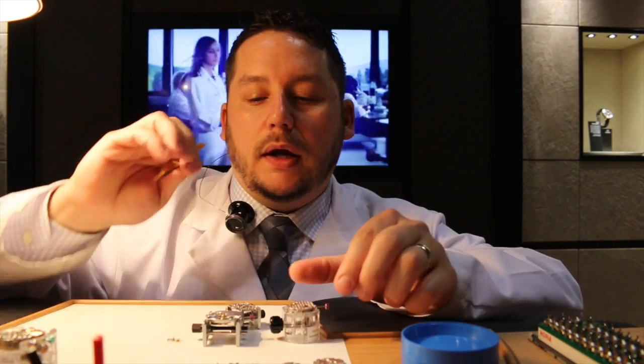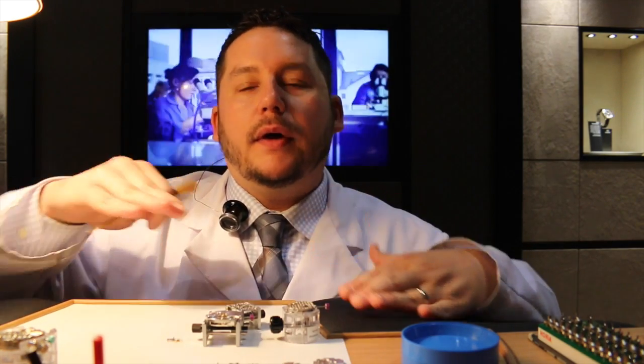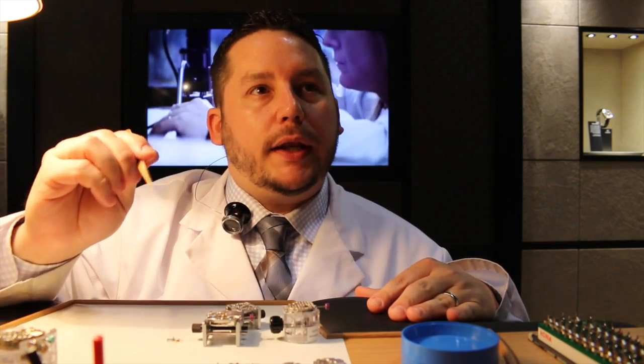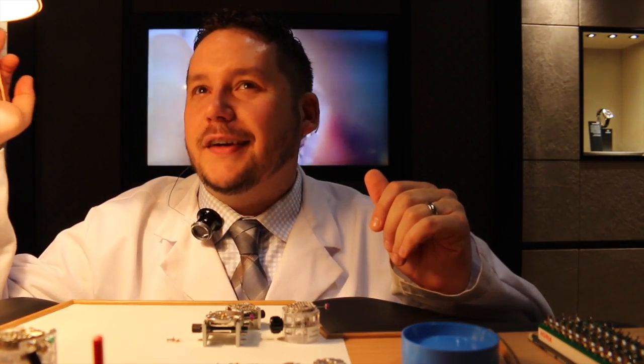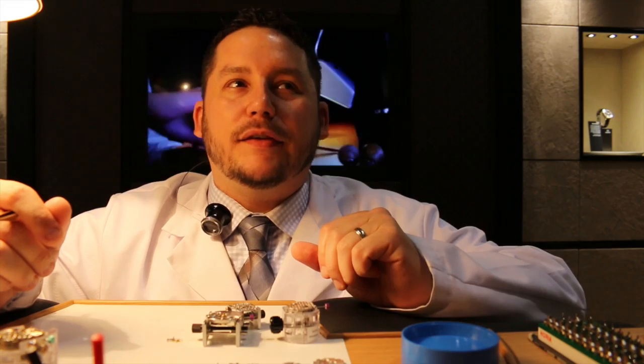And every year they evaluate us as watchmakers to see our competency level to move up to more complicated pieces. So I'm at a point now where I'm working on perpetual calendars, tourbillons, things like that. So it gets more complicated every year. So I'm always learning. We've always got new product, as you can see, to learn. So it never gets old. So it's a very